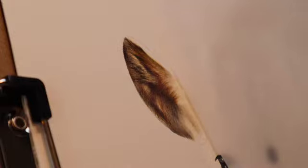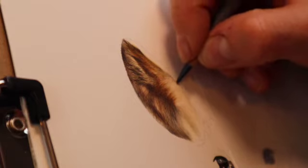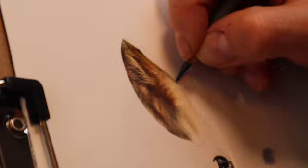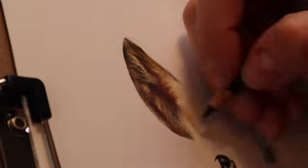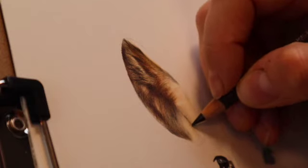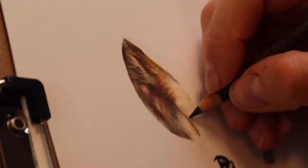I'm just going to get the warm grey 4 again, and there's just a slight kind of line of that colour down here. And then the Walnut Brown. So it's actually quite a dark line of Walnut Brown down here, quite a dark smooth line. I'm just going to put that in there, and then